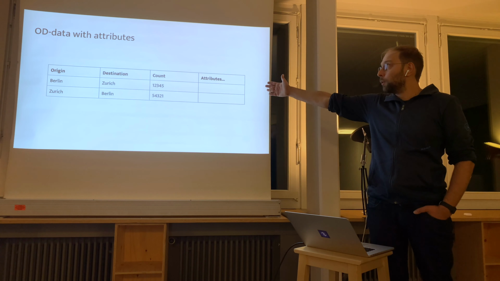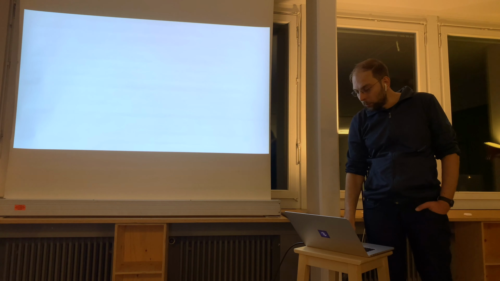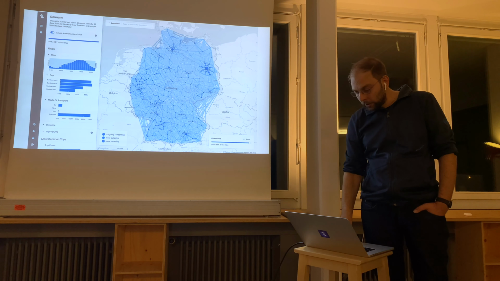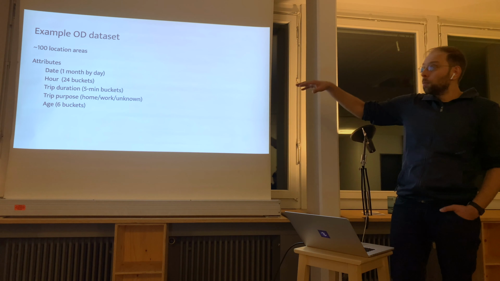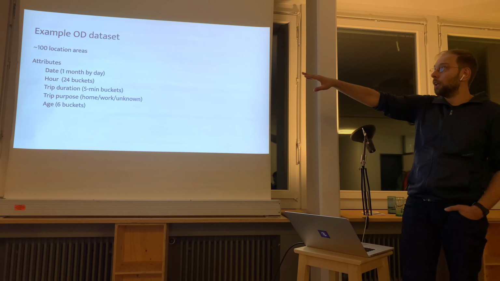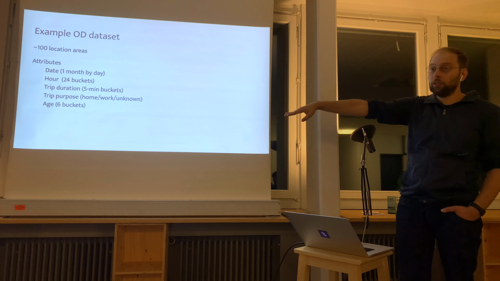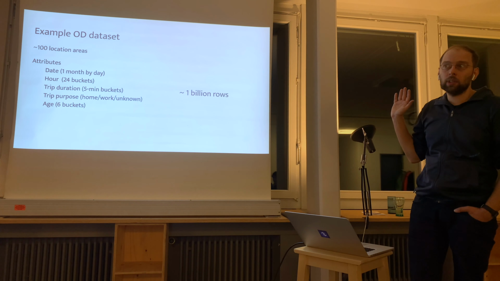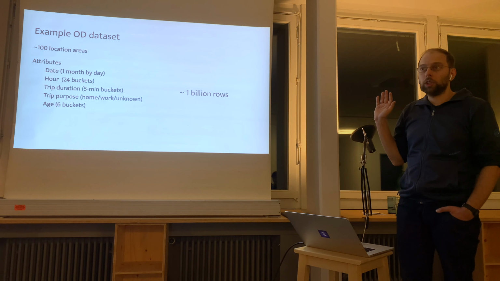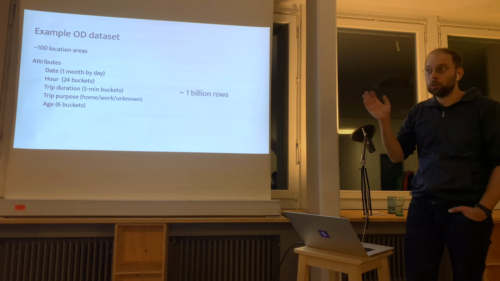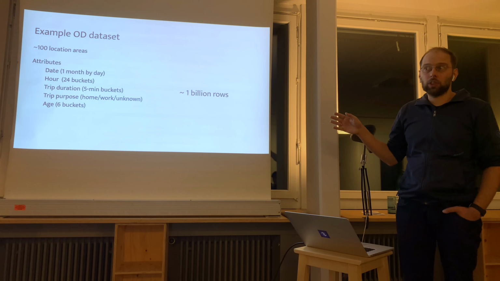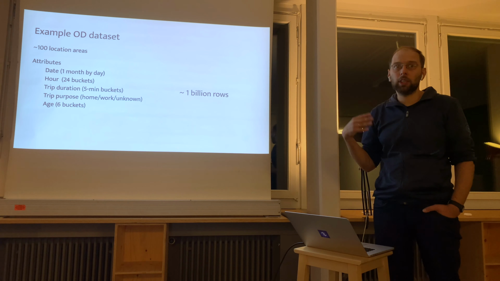Yeah, and for datasets with attributes, it's actually quite important because, like here, we have this hour, day, mode of transport, distance, and they grow quite quickly, right? This is an example: we have only 100 locations, a few attributes with not so many possibilities, but we get 1 billion rows in the database, which is quite a lot. If you use a conventional relational database like Postgres, that's too much to get interactive response times in a few seconds.